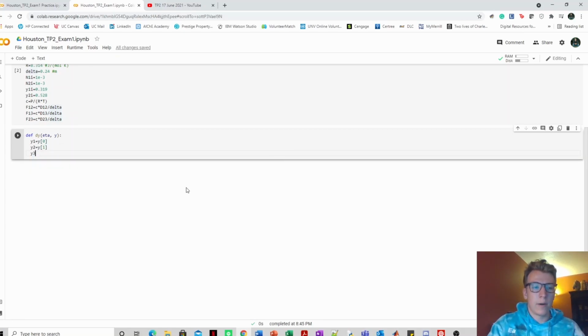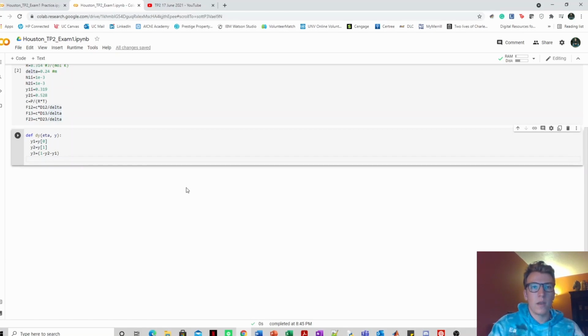And then y3, we know based off of just general definition that y3 can be solved due to the fact that the total mole fraction is going to be equal to 1, so we can subtract y1 and y2 from 1. So we're going to do that here. 1 minus y2 minus y1. Enter. Next, we're going to do return NP array,